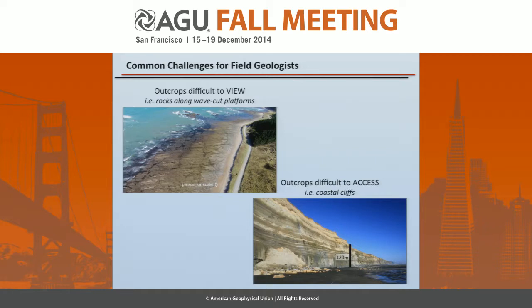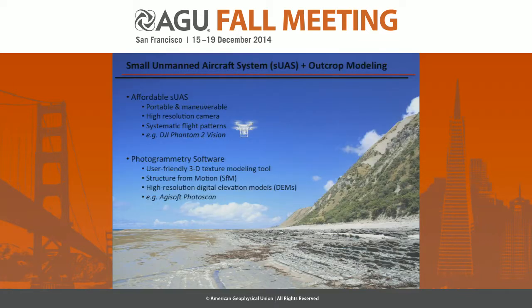There are also many outcrops that are virtually impossible to access or climb, as the case may be, such as these coastal cliffs in the lower right-hand corner. So the solution? An affordable small unmanned aircraft or consumer-grade drone. It's portable and very maneuverable in the air. One that has a built-in, high-resolution camera is essential, and one that can fly systematic flight patterns that can often be automated or pre-programmed in order to